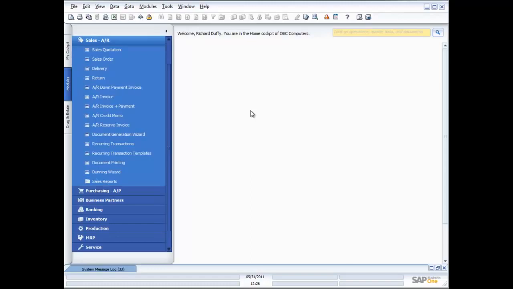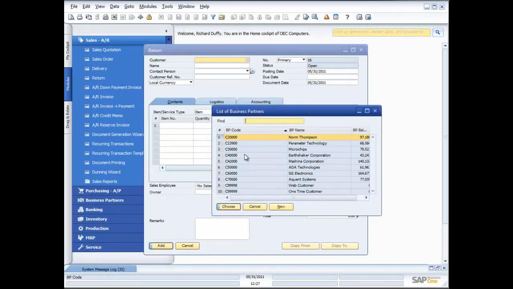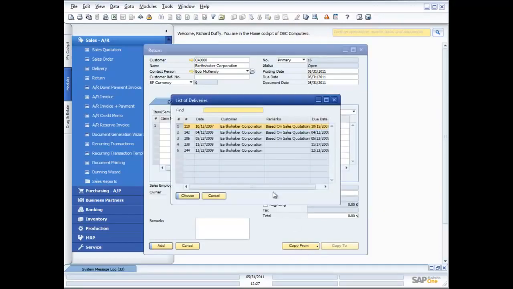So let's say, for example, you do your shipments and then you send an invoice separately to the goods. If that was the case, and you hadn't yet sent the invoice out, so you hadn't yet turned it into an invoice, you could just dive straight into the return process and you could create a return from the delivery. In order to do that, you would just simply go here into returns, you would pick your customer, let's say in this case Earthshaker, and you would choose copy from deliveries. So you would call up an existing delivery that was in the system,